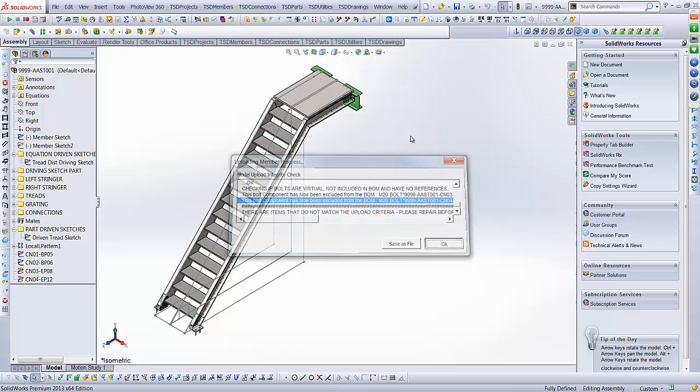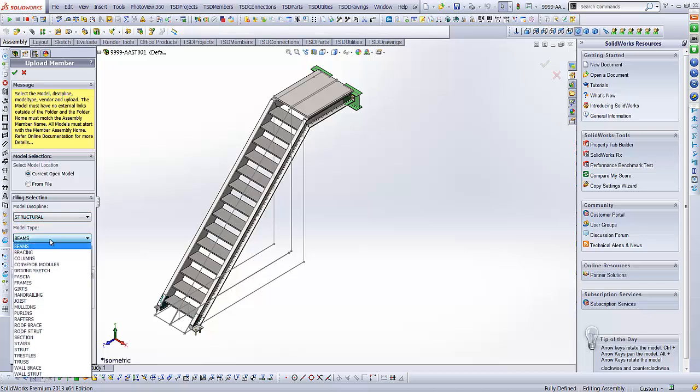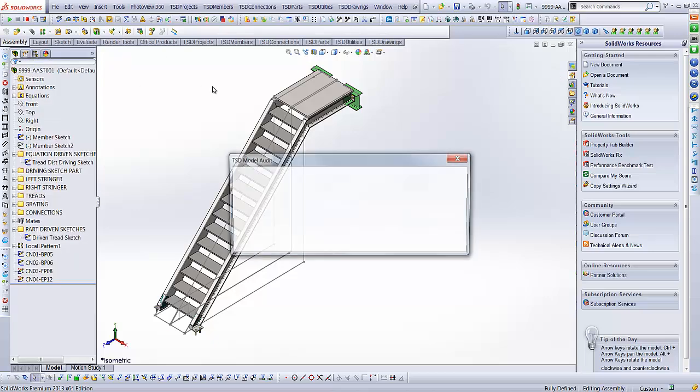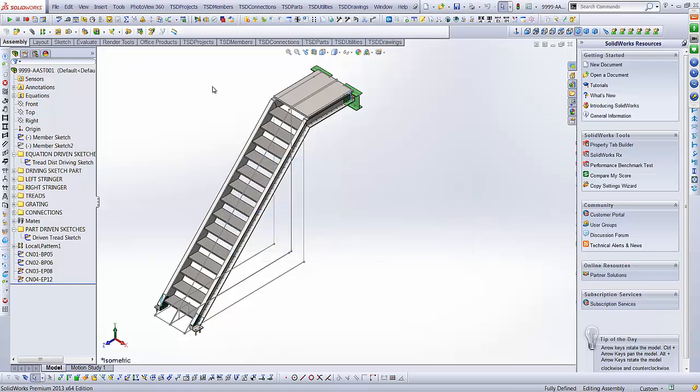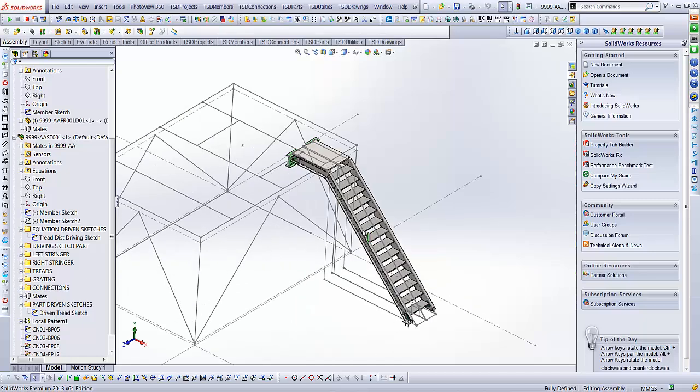What we want to do is just save it. Okay, and now we should be able to upload. It's just telling us that those bolts needed to be excluded. Now I could have just done them, but it's best that people get notified so that they know it's happened. Now that's been uploaded to the library, so it means now we can reuse these stairs over and over again